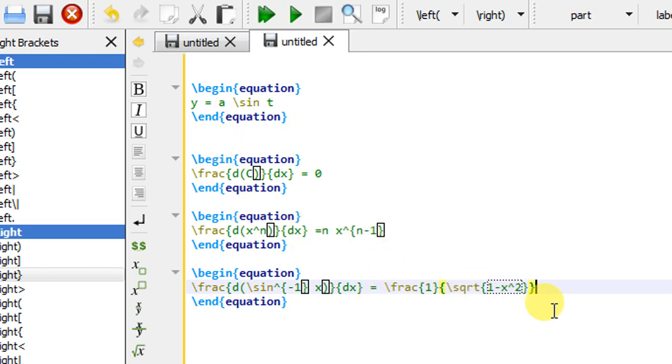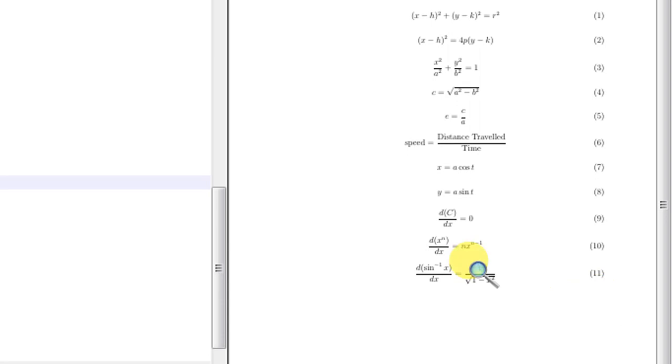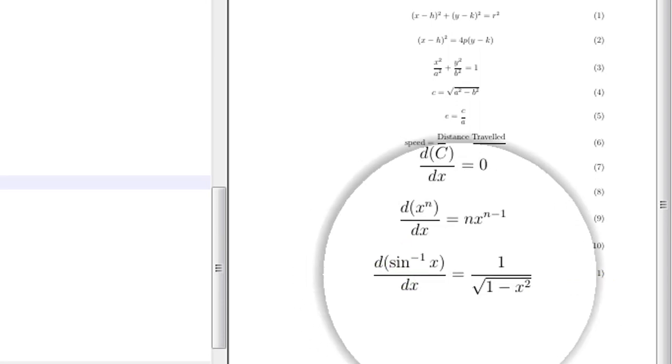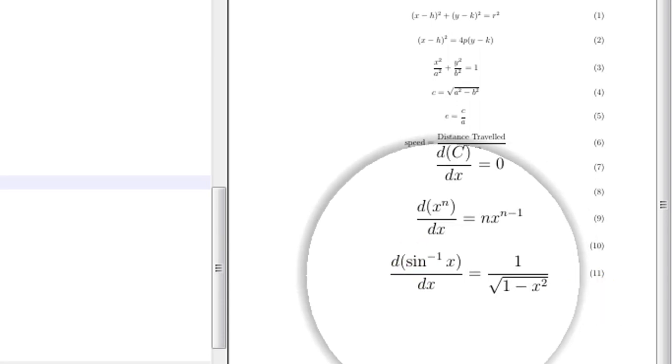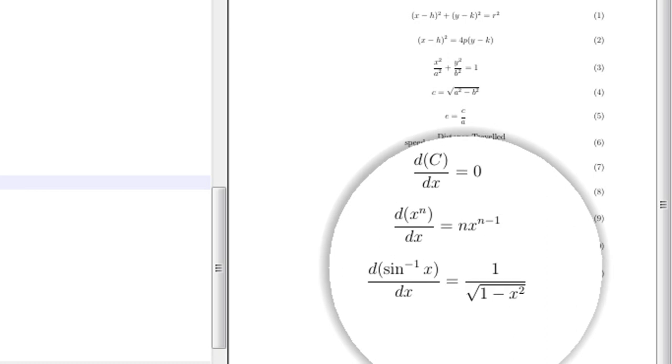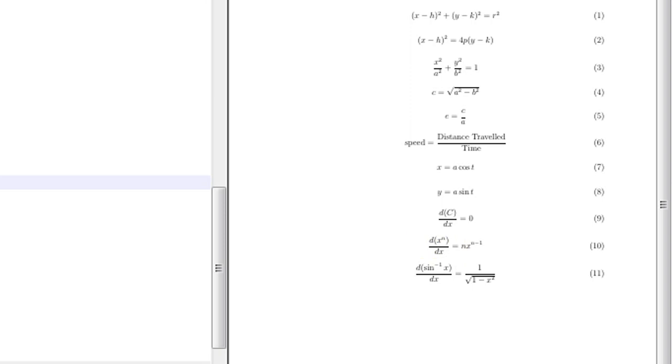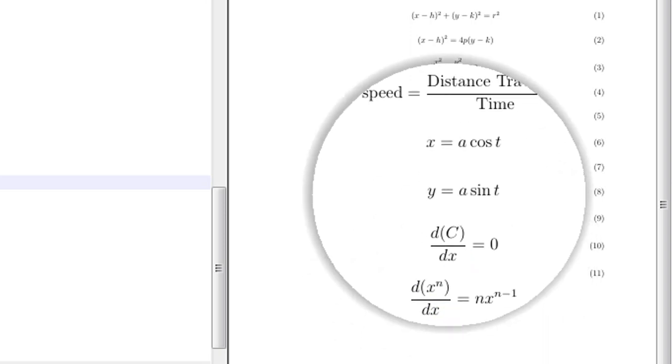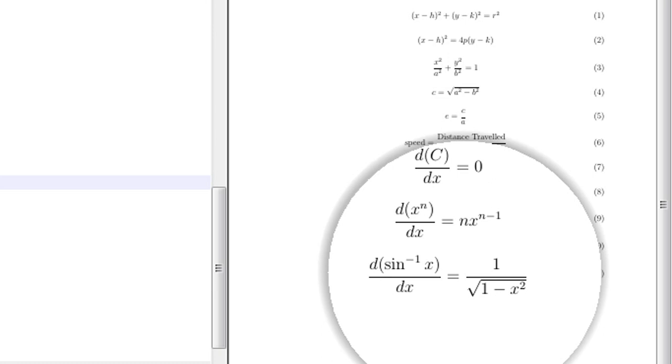So the process has exited normally, and if you can see here, it has produced the equation d by dx of sine inverse of x is equals to 1 upon square root of 1 minus x square. And if you see the quality of all the equations that it has produced, it is much better as compared to the equations that we are writing in Microsoft Word.